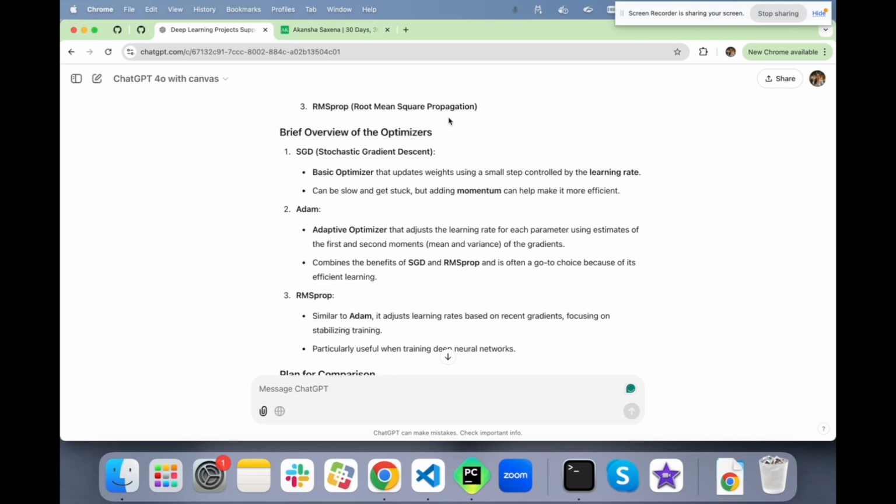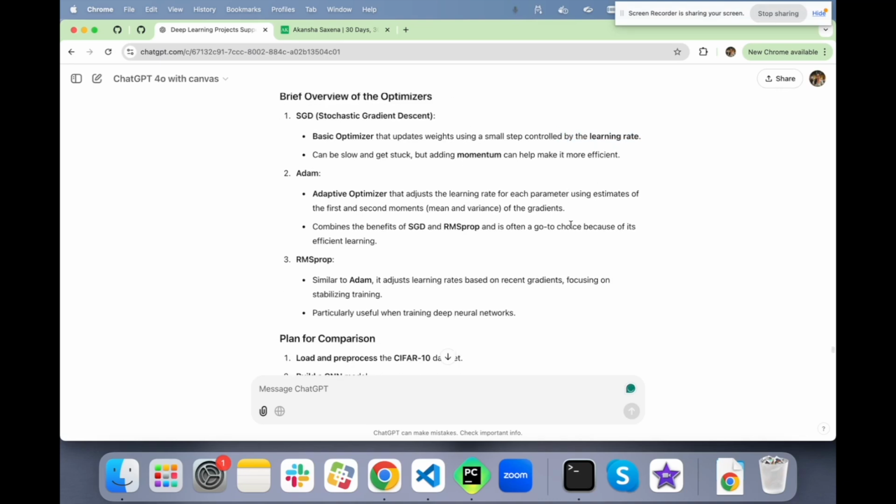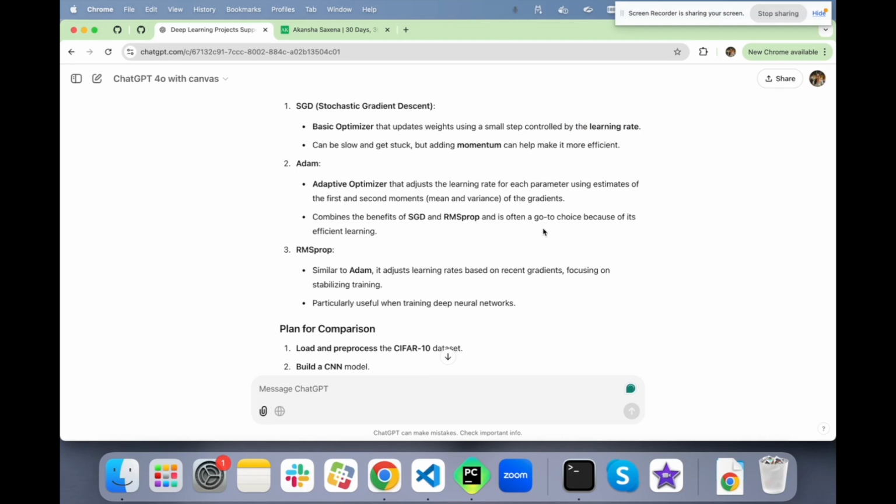So it updates the weights by a small step, controlled by the learning rate. I don't know how, maybe we need to ask ChatGPT again to simplify it and explain it with the help of an example. Adam is an adaptive optimizer that adjusts the learning rate